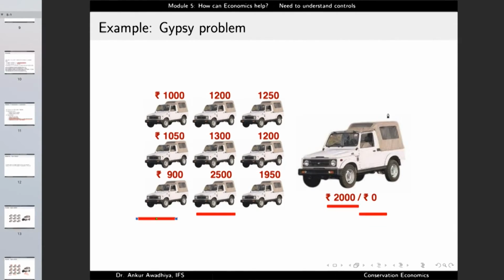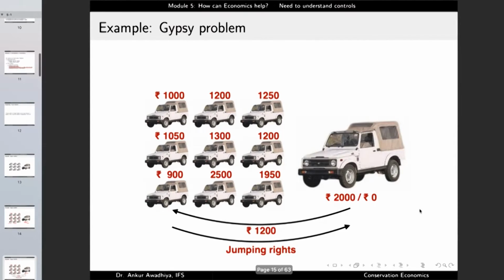Now, the NTCA is concerned that only 9 gypsies should get inside. The NTCA is not concerned which gypsy should get inside. Now, how can Coase theorem bring us to a much better solution? Now, suppose this person whose gypsy was not selected bargains with this person,